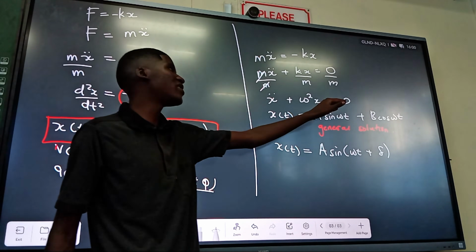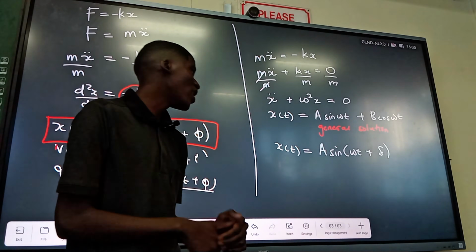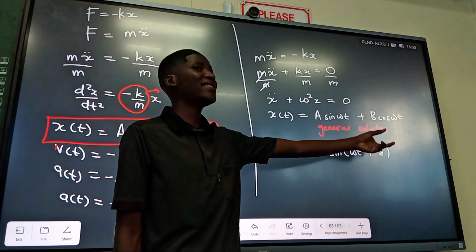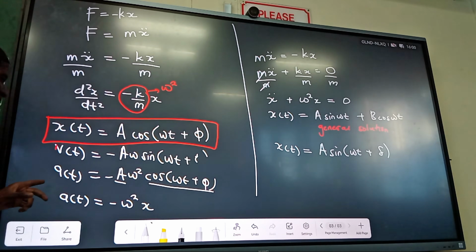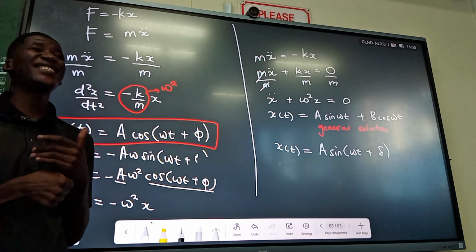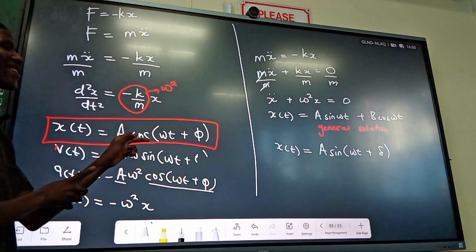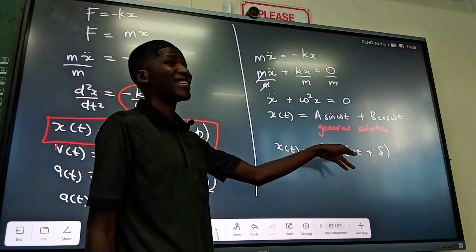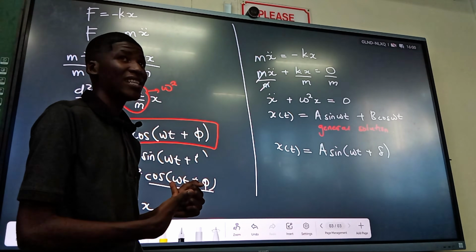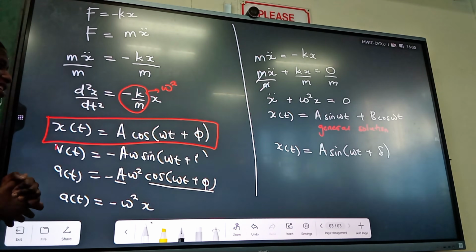And now, to make your general solution even more simplified, to compress it into one trigonometric ratio, the position at a certain time is given by A sine omega t plus delta. So you can write the equation as this one or this one. All of them describe any position at a certain time. Here you are using a cosine graph, and here you are using a sine graph to describe it. Remember, sine and cosine are co-functions of each other. You can change them by shifting them by 90 degrees.